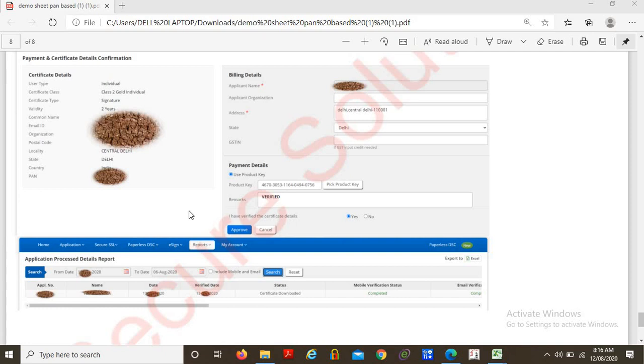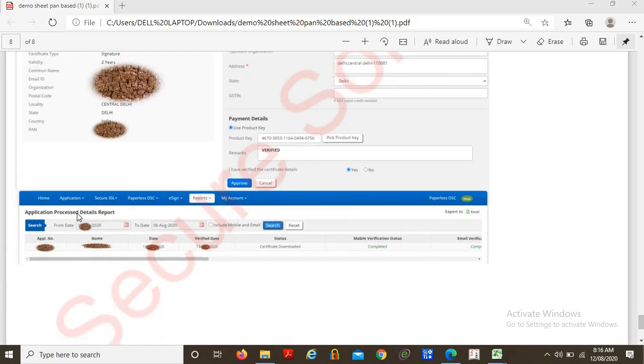After approving the application, your application will be displayed in reports, not in manage application, because you have approved your application via product key, or in other terms I would say I have given a stock for approving the application.